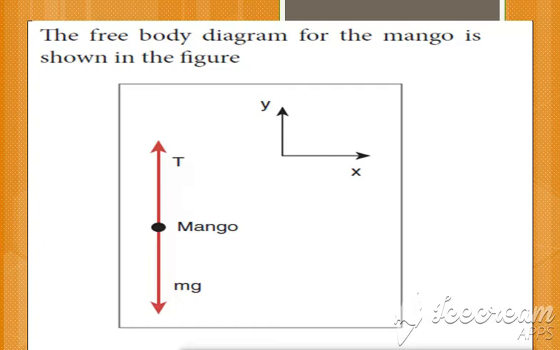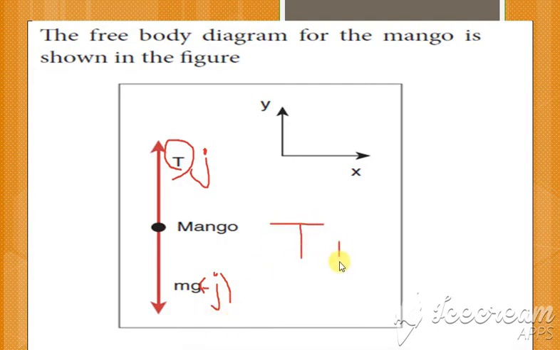So when you are going to write the equation for this diagram, see here, this T is along what direction? Y direction. That I told you is positive j, is it not? Here we are writing it as minus. Why minus? It is in the negative direction. So the equation we will be writing here is T j cap minus mg j cap,